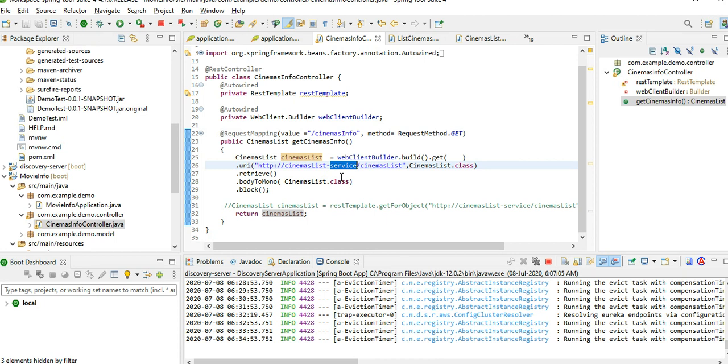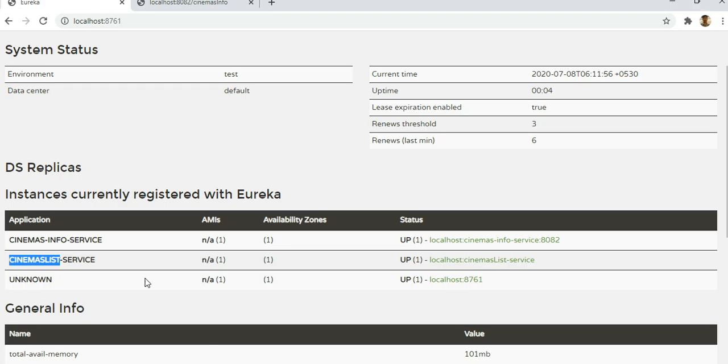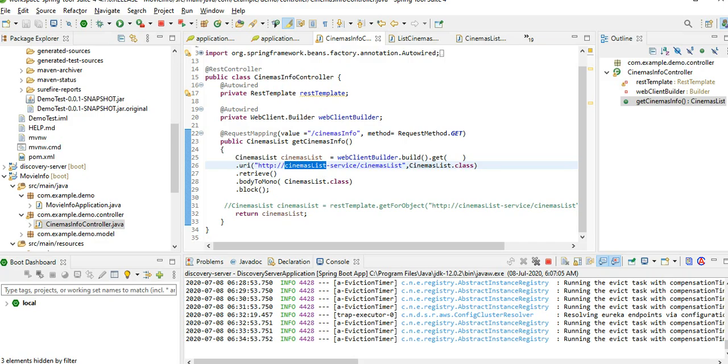When we call the service registered with the name Cinemas List service, discovery identifies that service on the local host, and then executes it. It makes a call to that API and gives the response, and that response will be the response of Cinemas Info.